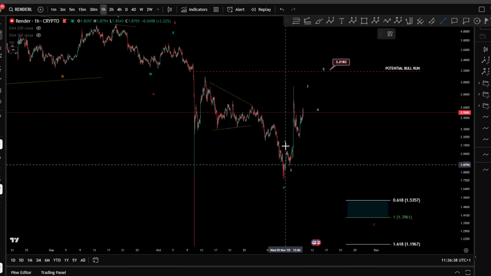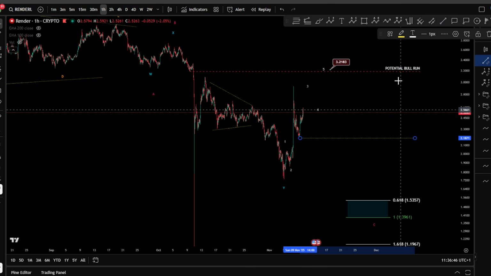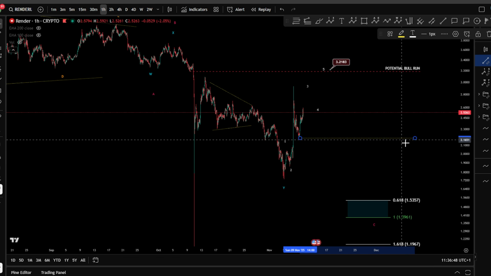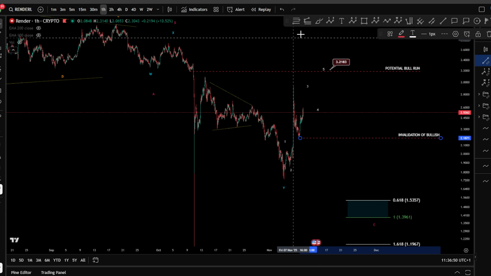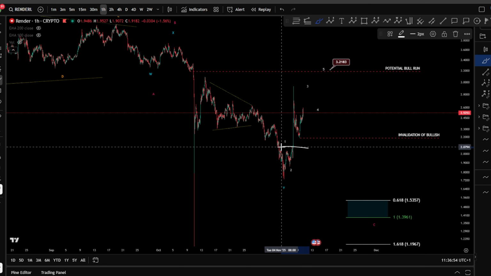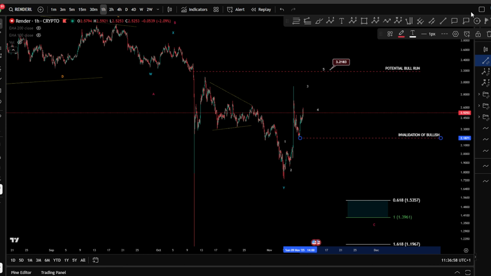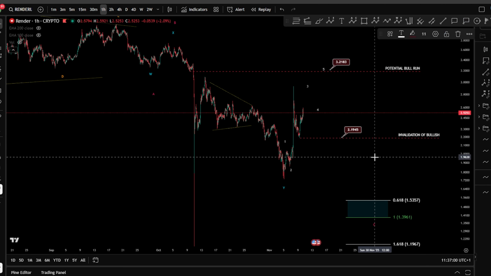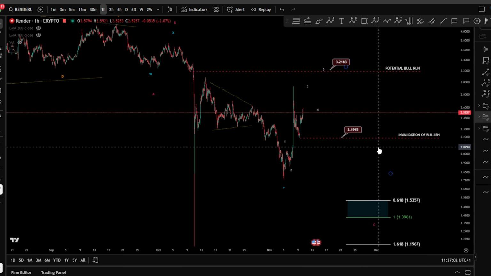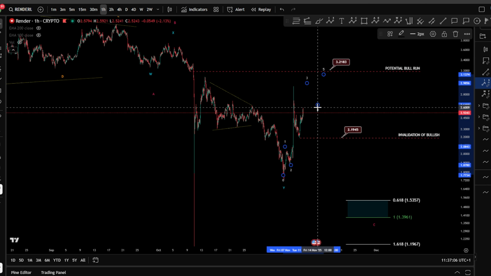But don't forget, if we dive deeper again, and especially if you take this low, yeah, this one here. Here we go. So this might be, of course, the invalidation of bullish. All right. Preferably not to dive, because if you dive deeper here, you directly invalidate the bullish scenario. So that would be a signal there, of course, at the $2.19 for Render as bearish. So you gotta be careful with this one.